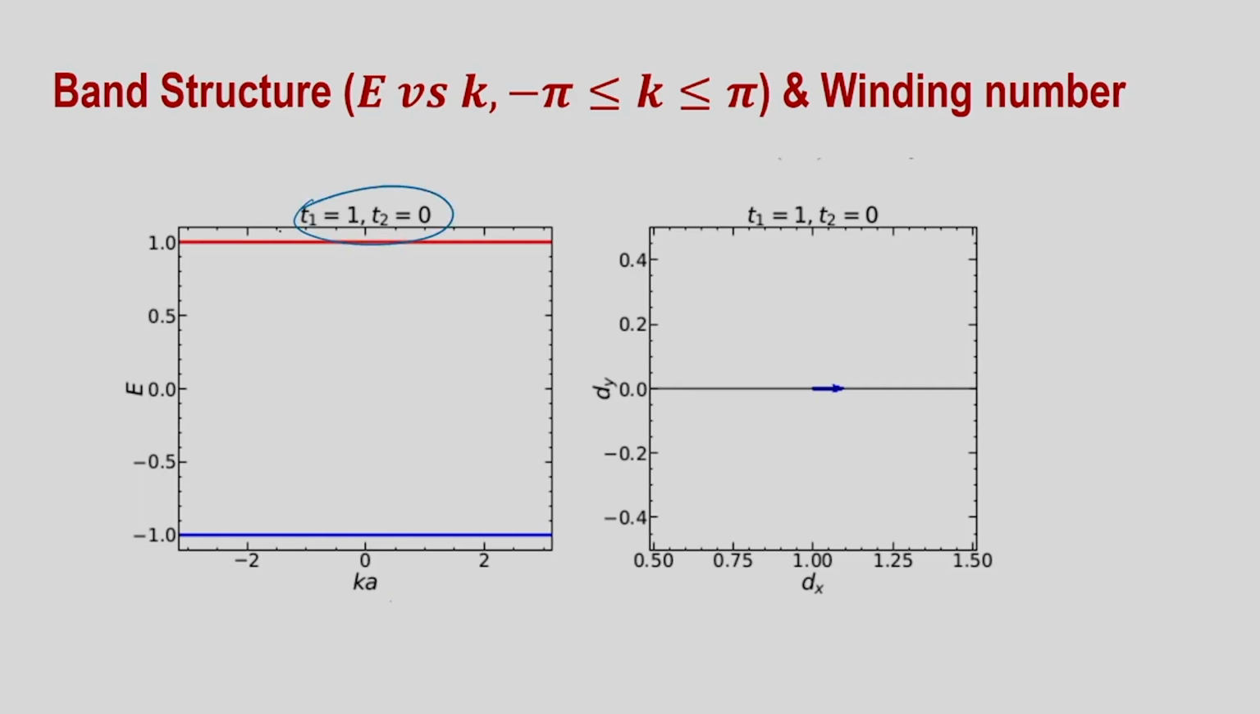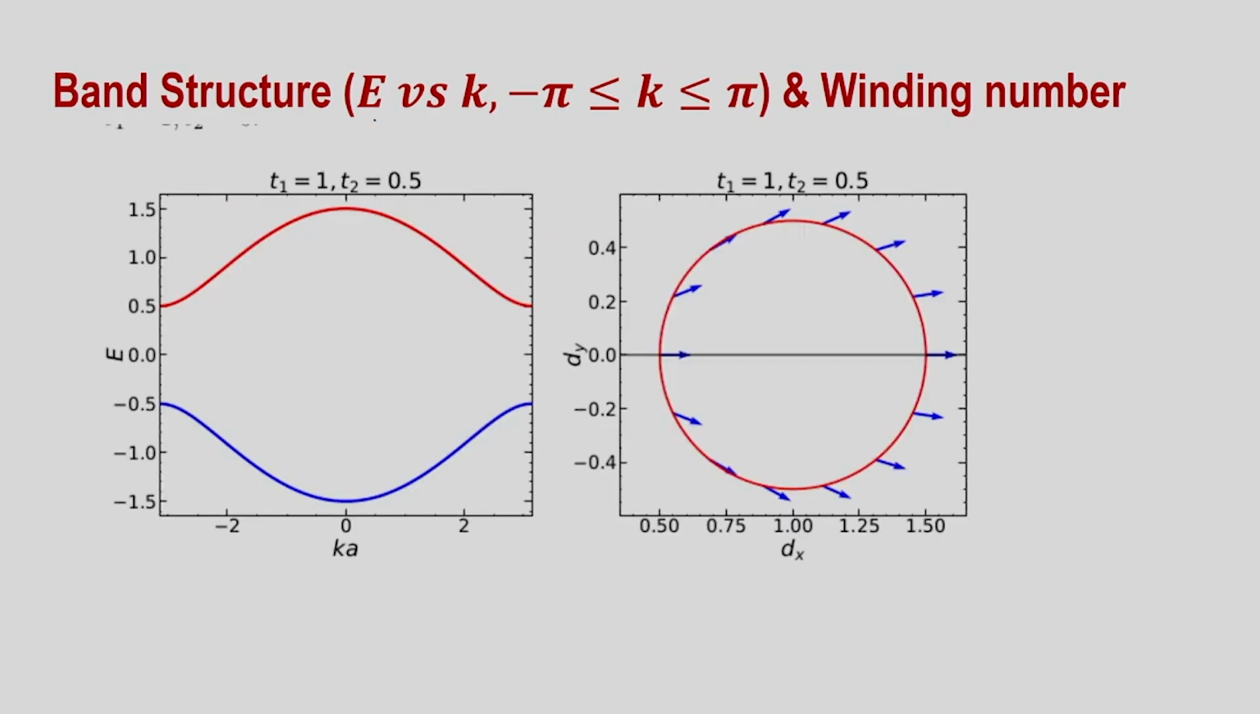So this is T1 equal to 1, T2 equal to 0. You see two flat bands at plus 1 and minus 1, and you see that there is no winding of the d in the dx-dy plane as you change k from minus pi to plus pi. Okay. Now the second scenario, where you have T1 still greater than T2, which means